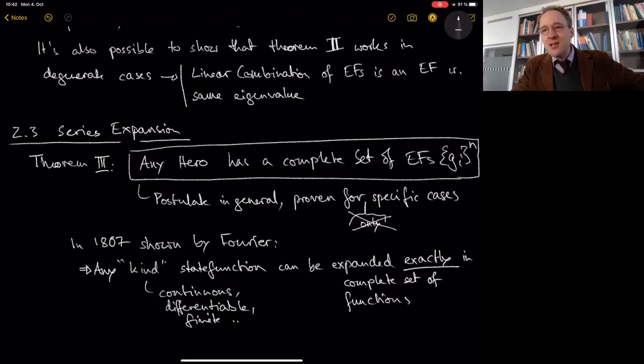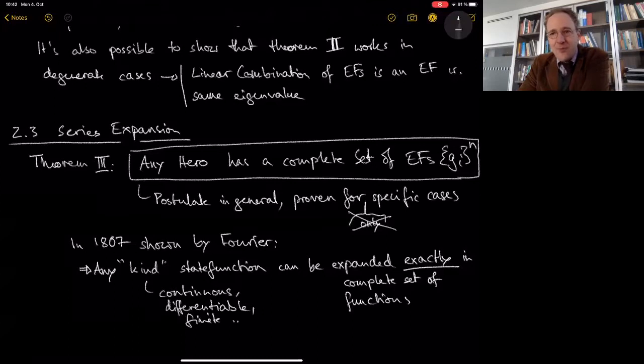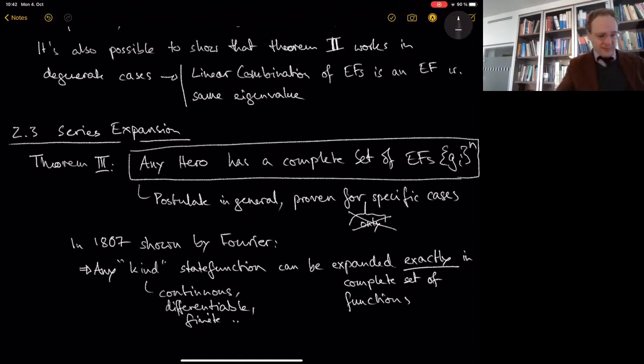state function, right? So the cool thing about this is it doesn't matter which of these operators you actually pick. It doesn't have to be a complicated operator to get a nice set of eigenfunctions, right? So you're free in picking your favorite operator with the favorite eigenfunctions to expand something horribly complicated, such as the electronic wave function of some distorted geometry, in a very simple set of functions, right?